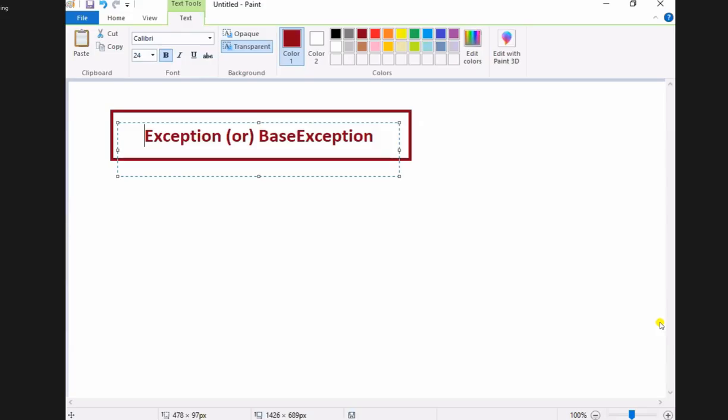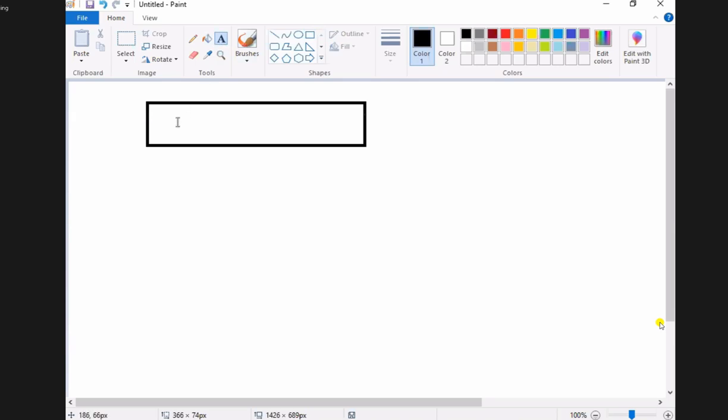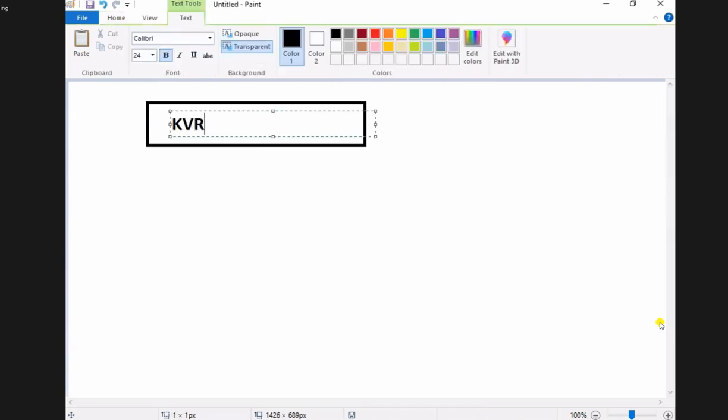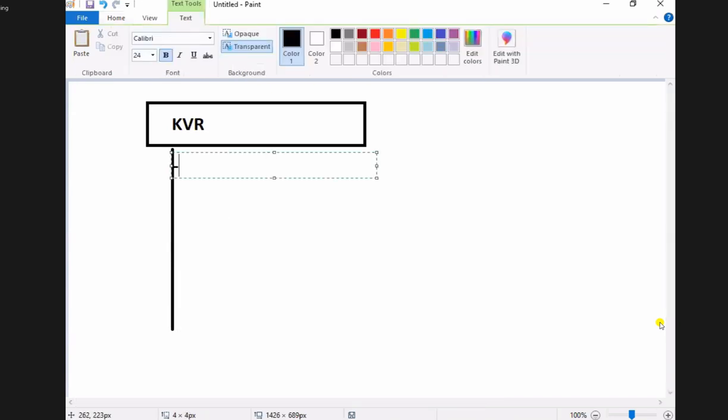So who are my subclasses? Here you see. This is KVR. I am taking inside of me all my subclasses. Who are the students with me? Ganesh Verma. Next is called what?